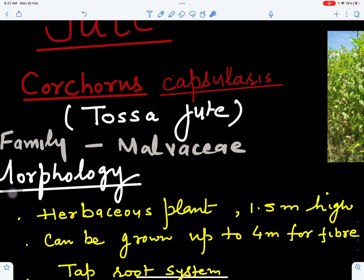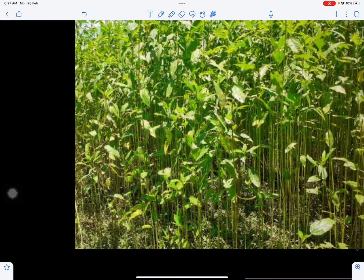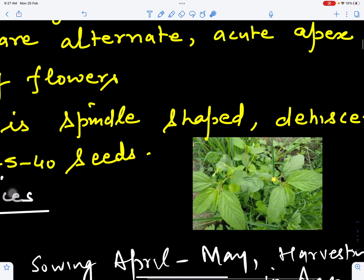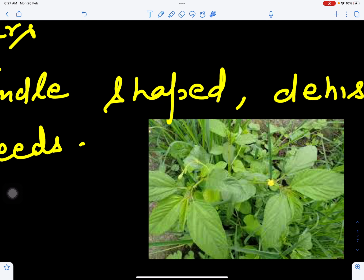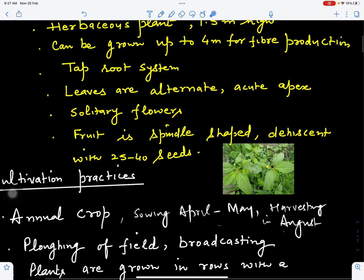Now, if we see its external characters, that is morphology, we can see this is a tall plant and this can be grown in one season. We can see this is the stem of the plant and these are its leaves. Now its leaves, they are alternately borne on the stem and they have an acute apex. And if you see the flowers, they are arising singly, so solitary position, and its fruit is spindle shaped,